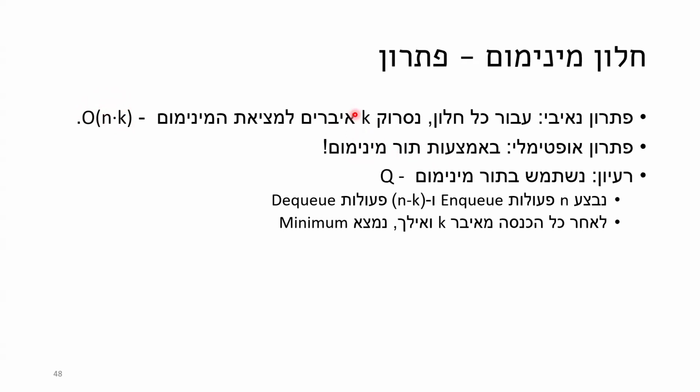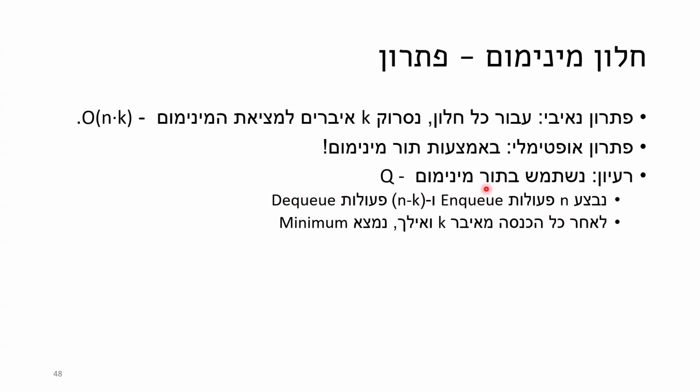So let's just see it written out properly. We're going to use a minimum Q. We're going to do n operations of NQ and n minus k DQs. Why n? Because we want to insert all the elements. We're going to actually do k NQs, and then we're going to find the minimum,